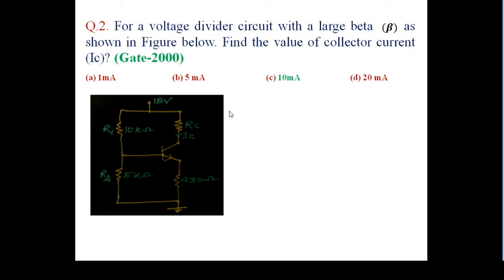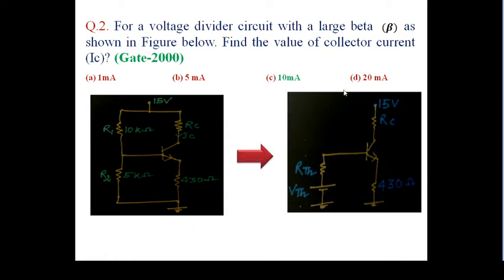And how will it come? We will work through this question. After that we can conclude IC equals 10 milliampere. In such a question, for a voltage divider circuit, we have to break this circuit into its equivalent R Thevenin and V Thevenin. So we can simply redraw this same circuit with RC 430 ohm, R Thevenin as R1 parallel with R2, and V Thevenin as VCC times R2 by R1 plus R2. Very simple fundamental thing. If you are not getting this, go to my earlier video lecture.